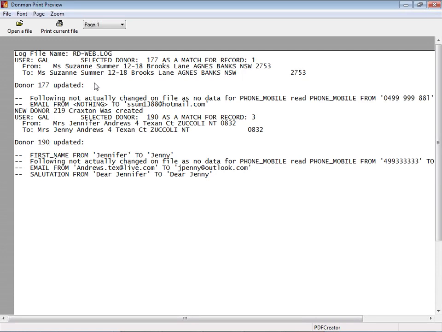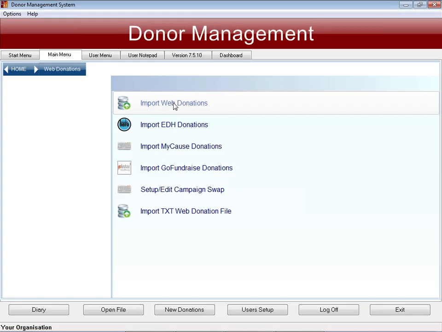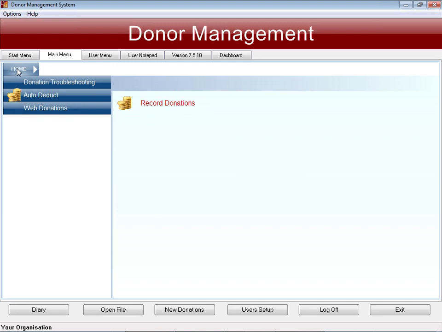If I just close that down, I'll then get to the log file. Okay, so you can see anything that has happened as far as where it's changed a mobile number or where it's changed email, etc. You'll get all of those. And as I said, if it's changed the name from Jennifer to Jenny, okay, because that's basically come in from the data. So if I close both of those, that's finished the actual web donation import. If I go back home, in this case,